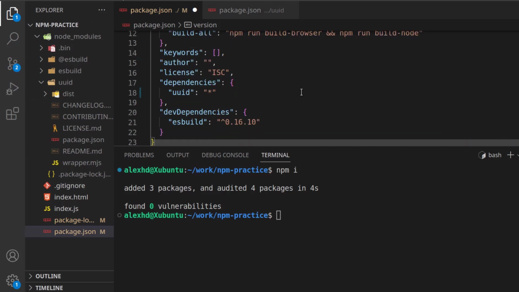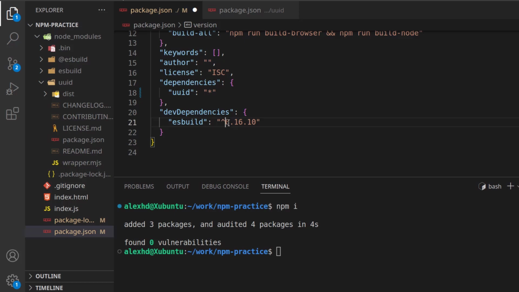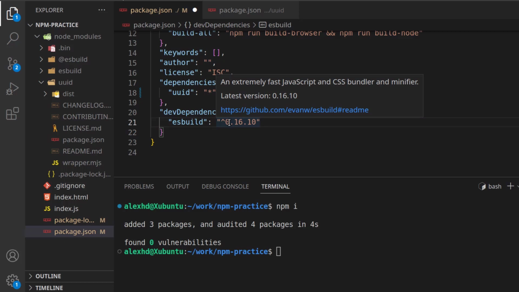For example, we can check how different packages work. If we look at this ESBuild library, it's still at major version 0. This means that it's still not ready to be used in production, but I've been using it for 2 years now, and it worked just fine. So in the end, this is just a matter of preference